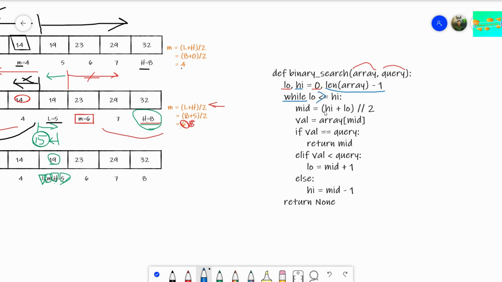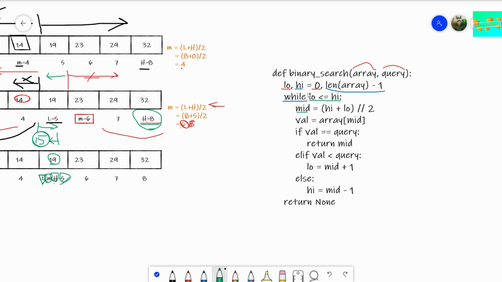Low greater than high is not a case we are searching for. That's not a possible case. So we need to search for low less than or equal to high.